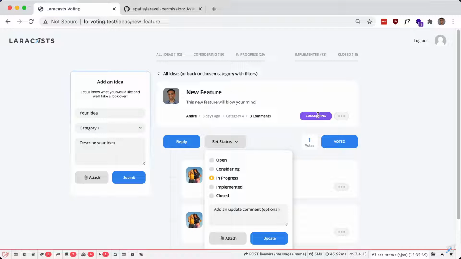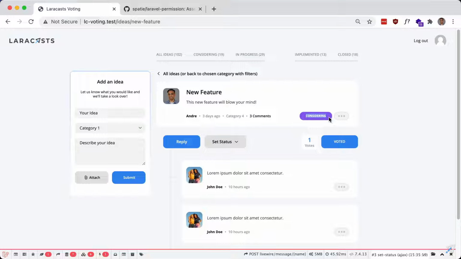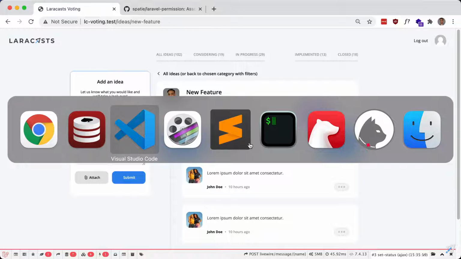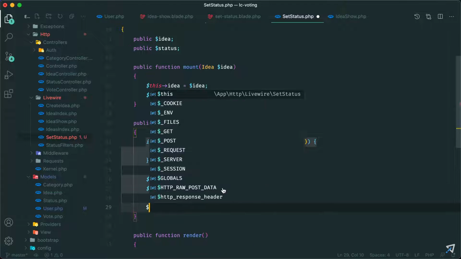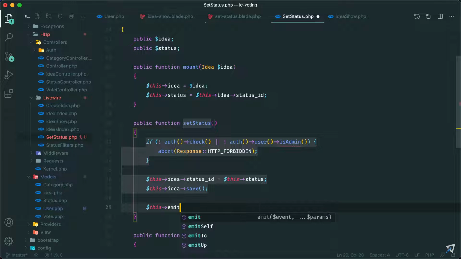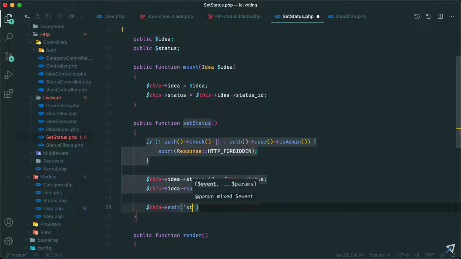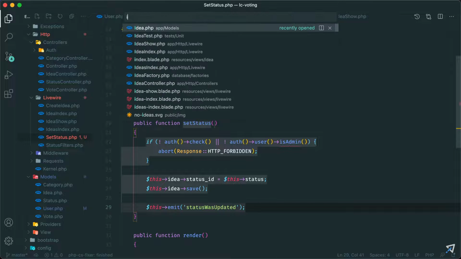So it's not updating because this part of the UI lives on the parent component. So it is changing in here, which is a child component, but we need to notify the parent component that something has changed. So let's go ahead and make an event to do this. So after we save it, let's do this, emit, and let's emit a status was updated event. And in the parent, so that would be idea show,